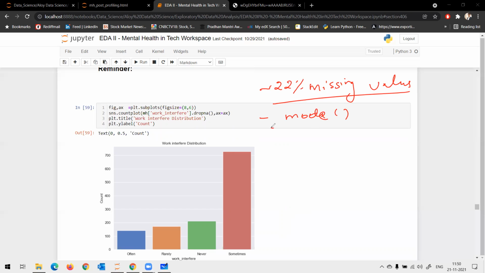In the last session, we did this data cleaning, and during the data cleaning, we replaced 22% of missing values using the mode. Correct? So, if I remove that 22% of my mode, that is sometimes, from work interference, even without it, I can still compare my data, right?